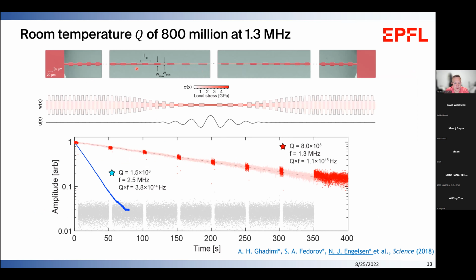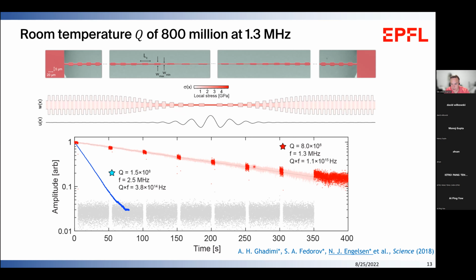In addition to making a phononic crystal in the beam, we also tapered the overall width of the beam to enhance the stress in the center. And this leads to even greater dissipation dilution than before. By tapering the beam, we enhance the stress because the tension in the beam has to remain constant. We also have to change the periodicity of our phononic crystal since the speed of sound changes with the stress. And by combining this phononic crystal technique and the strain engineering technique, we reached quality factors of 800 million